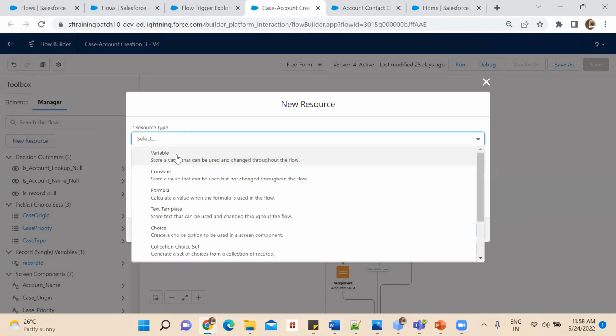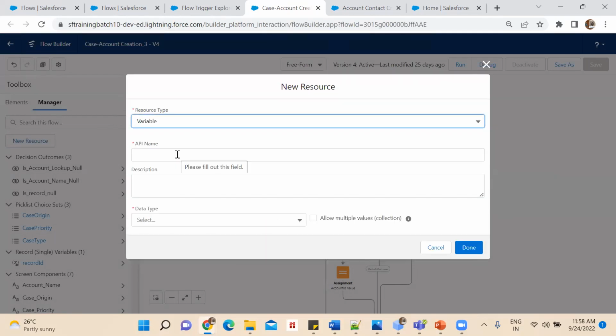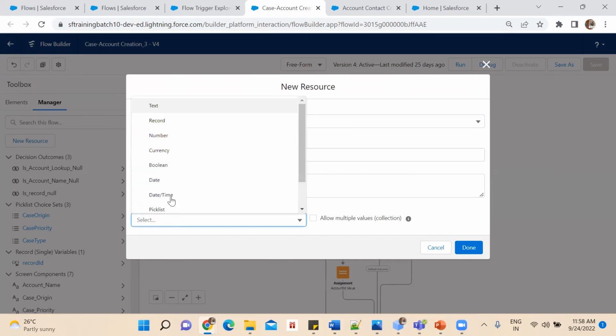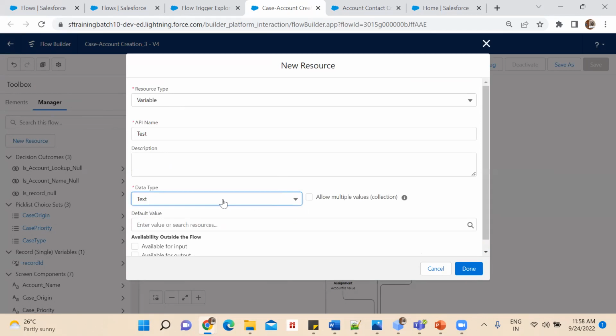If I select resource type as variable, I will keep the name as anything, test. And if you see here, data type, the same thing that we see when we create fields. If I select text, it will allow me to store only text data. If I select number, it will allow me to store only values of the type number.